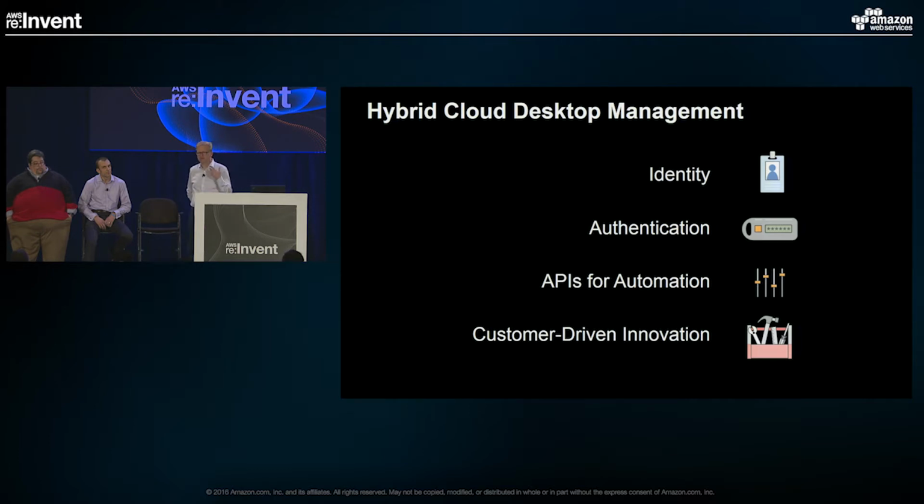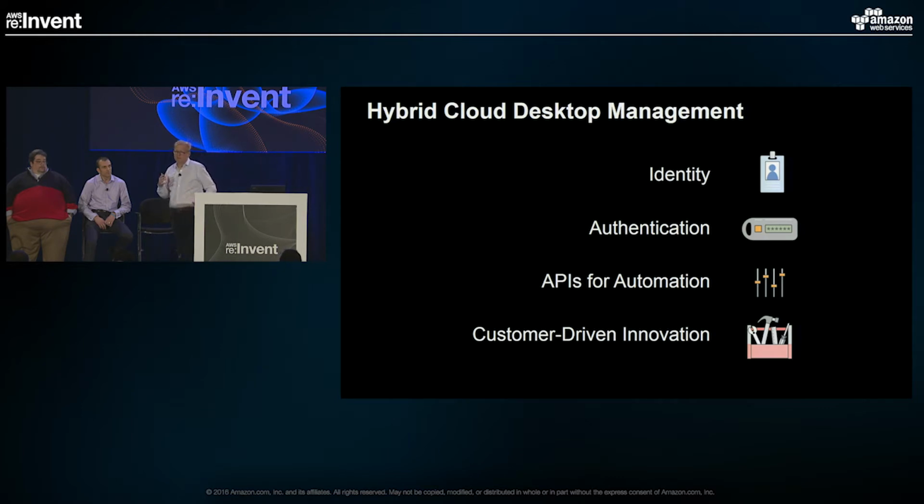So to do that, we've had a couple of key integration points. First off, on identity, we support Active Directory integration. So when you launch an Amazon Workspace, it is just an Active Directory domain joined instance, which means it shows up and uses all of the existing mechanisms that you have for administering desktops. That means for identity, you're using your AD passwords, AD username to log into that. It also means that all of the tools you have on premises like SCCM or group policy all just apply directly. It's just a standard Windows desktop.